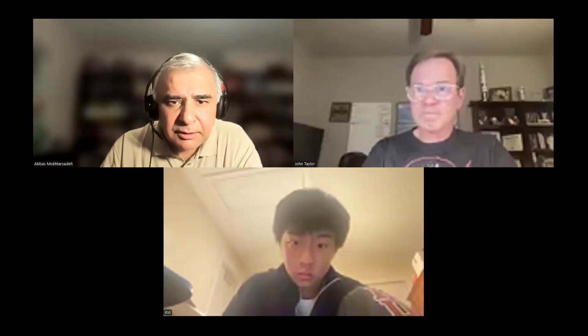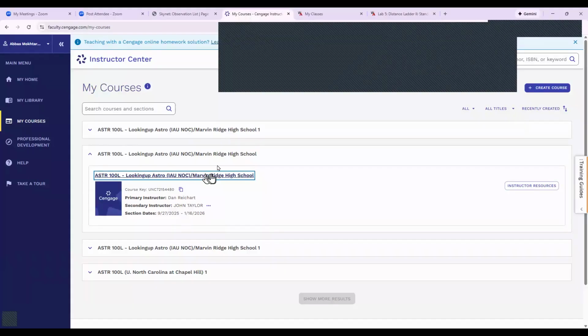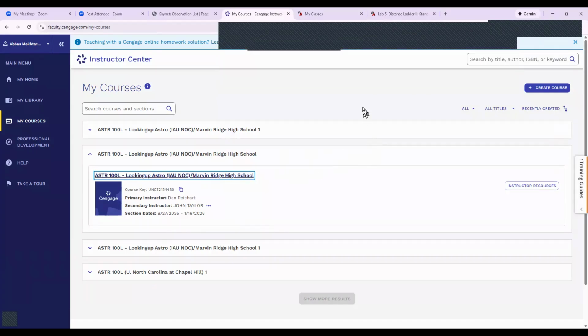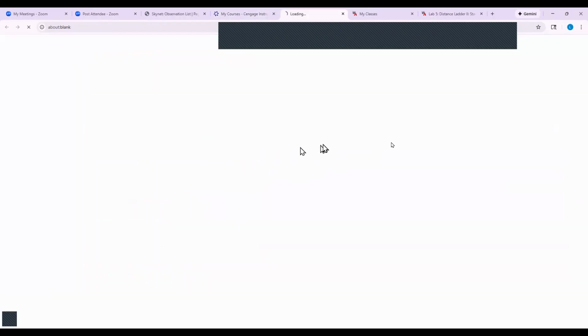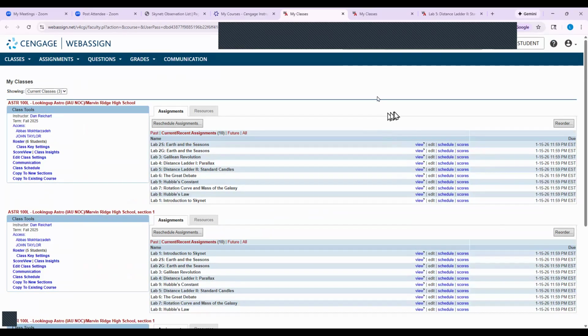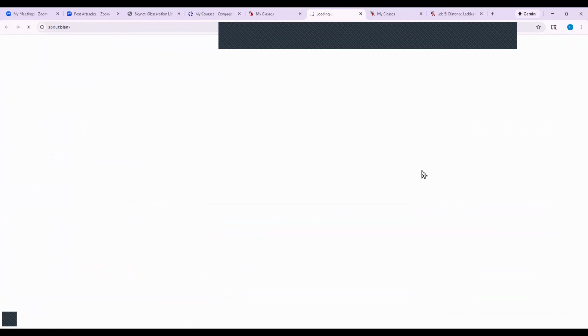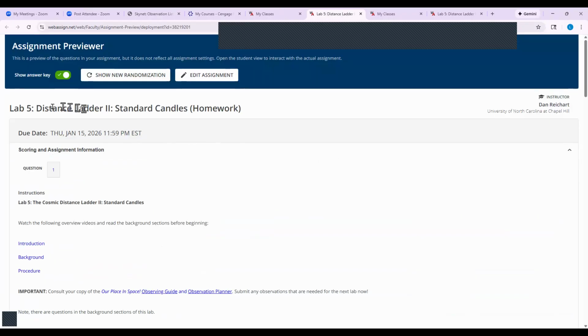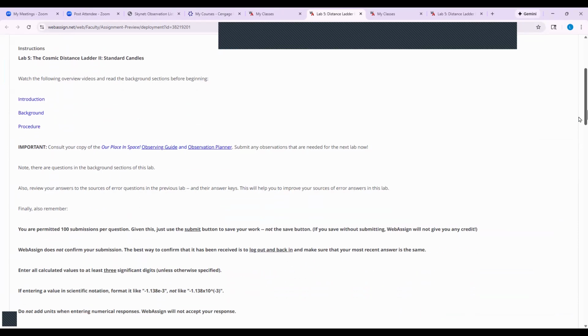Okay. This is a WebAssign. If you don't see it, let me know. The one seen as a WebAssign curriculum, and we go to My Courses, Lab 5. As we mentioned briefly, this is the distance ladder, standard candles, that we're doing in Lab 5,